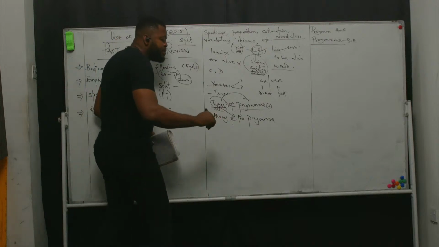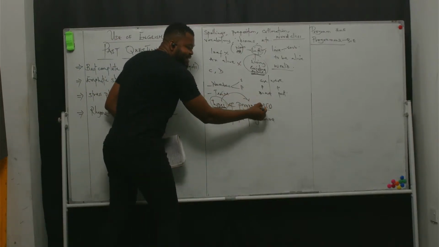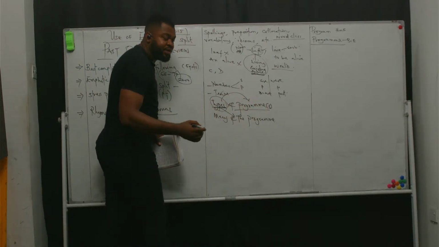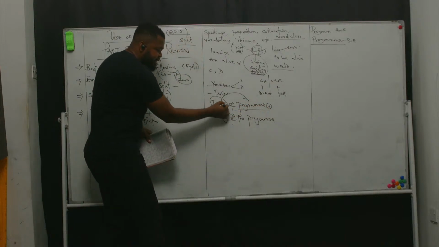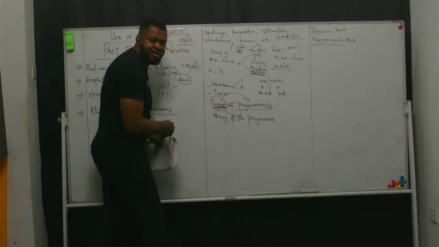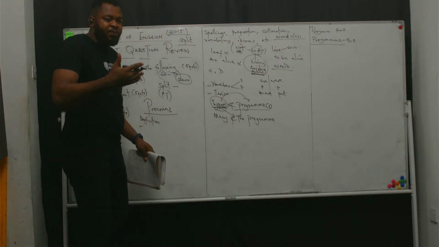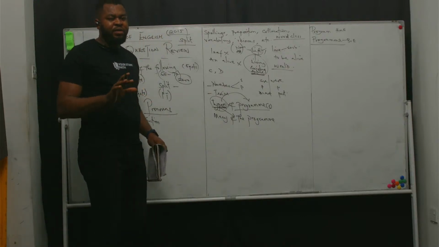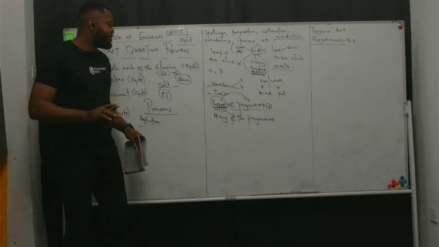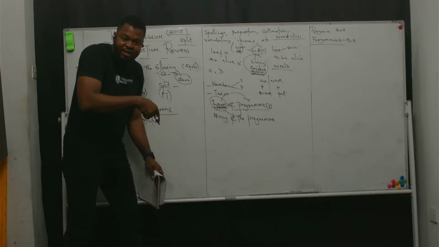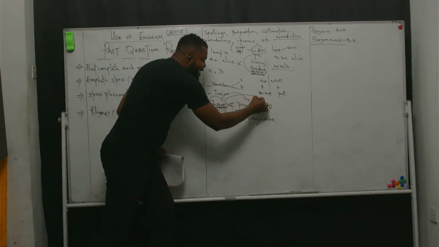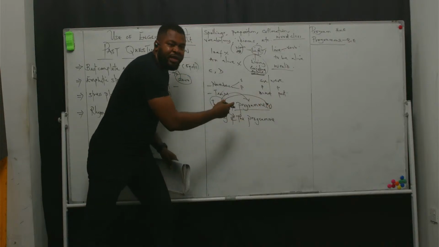So there won't be need for an additional S at the end, because the same function that this S is supposed to perform, this first S is already doing that, which is what? To indicate plural. Are you getting what I'm explaining? In types, there's already a letter S. Do you understand? The reason we do not need an additional letter S here is that both of them are basically